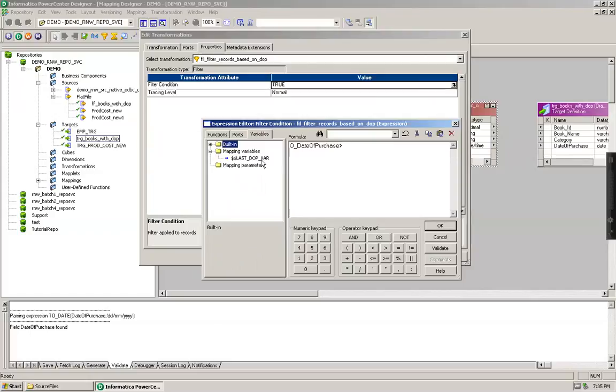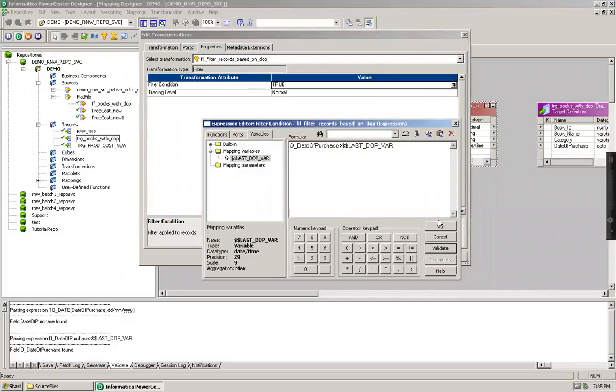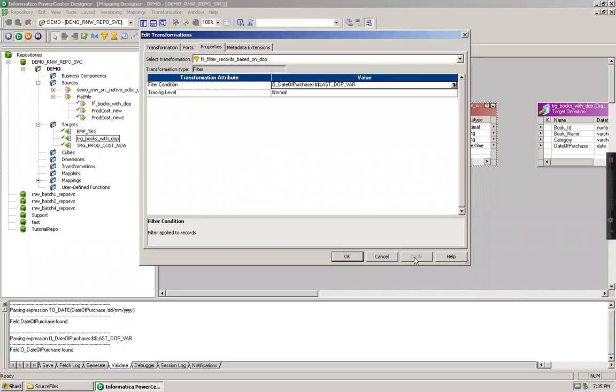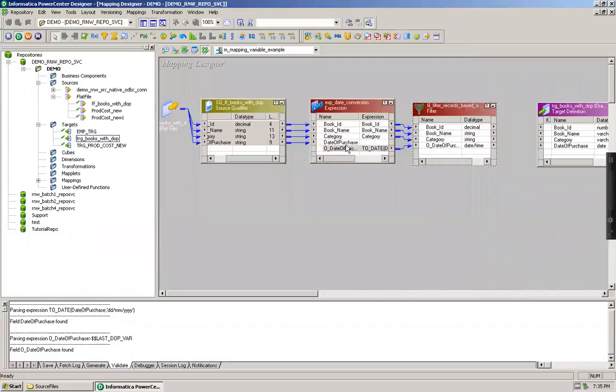So the variable which I have created just now, which does not have any value as of now, I'm selecting this last DOP var, validate this and say okay, apply. So this means for the first time when this variable does not have any value, it will process all the records, and then I would like to set some value to that.